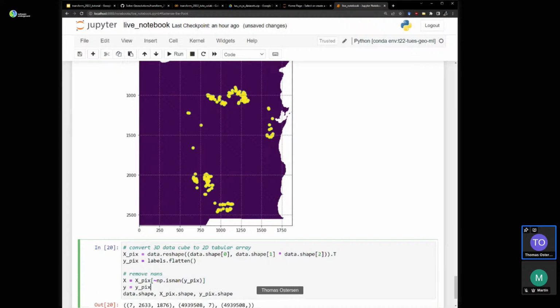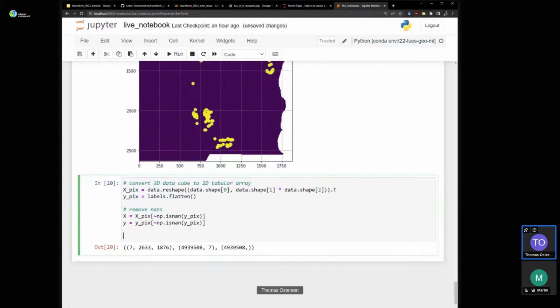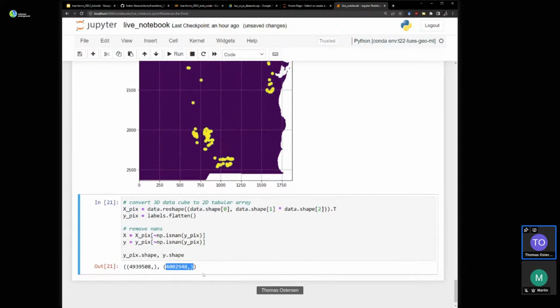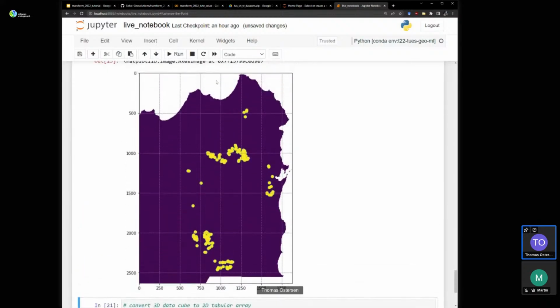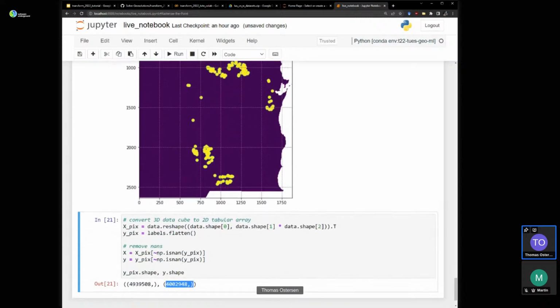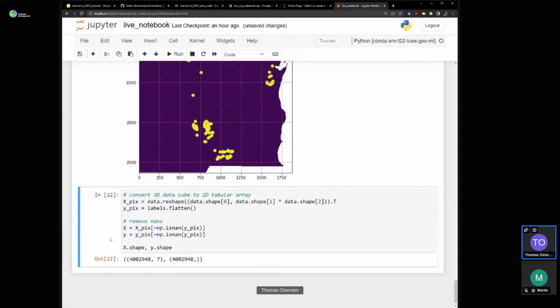Okay, so let's just confirm that. We've gone from 5 million pixels to about 4 million pixels. So we basically just removed all these pixels that contain no data. And now we have a 2D X data array and a 1D Y labels array. Sweet, we're on our way.